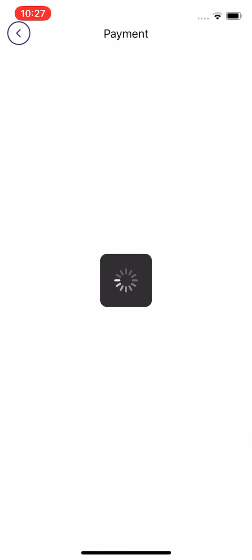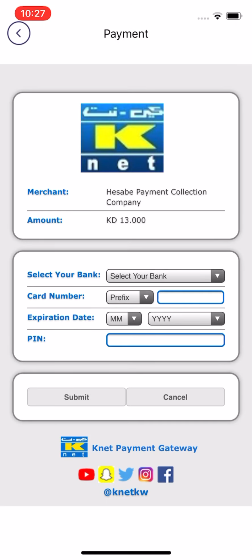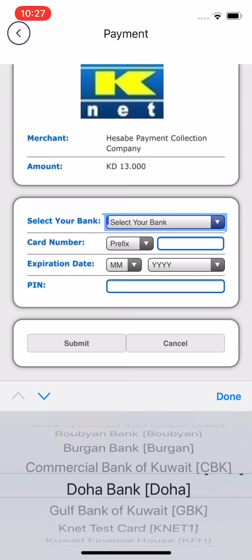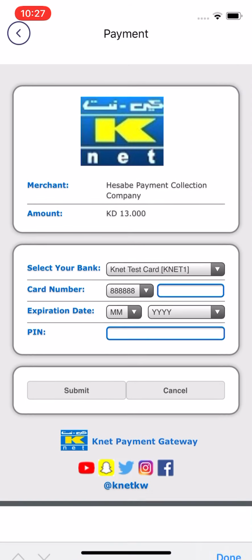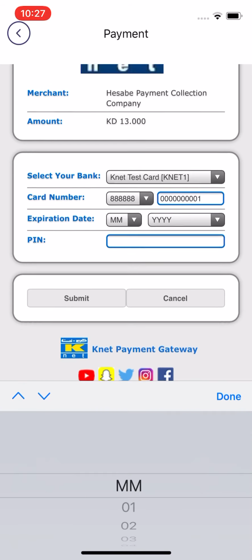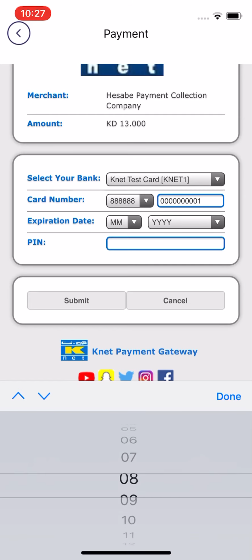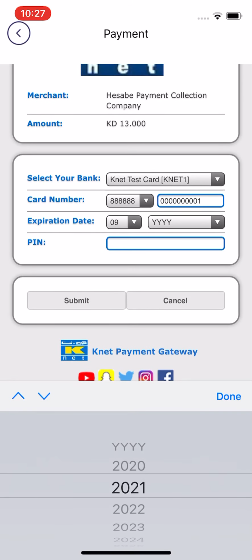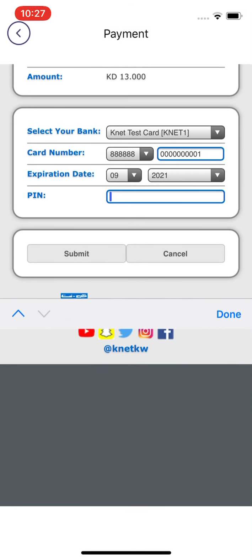Okay, then it will open a payment page, and I can do a checkout here. KNet, card number 000000000, I think this should work, expiry 9/21, PIN 1 2 3 4.